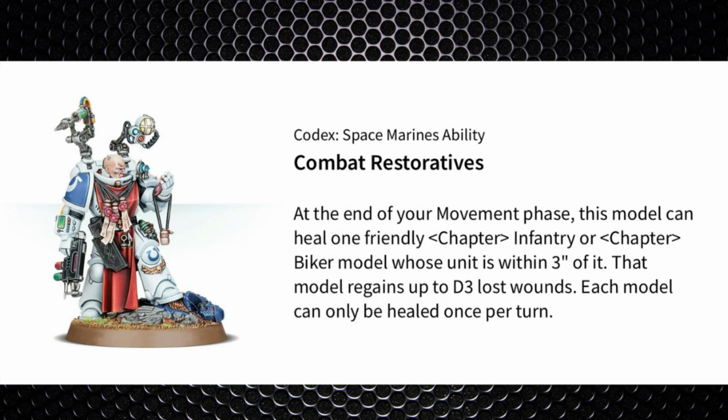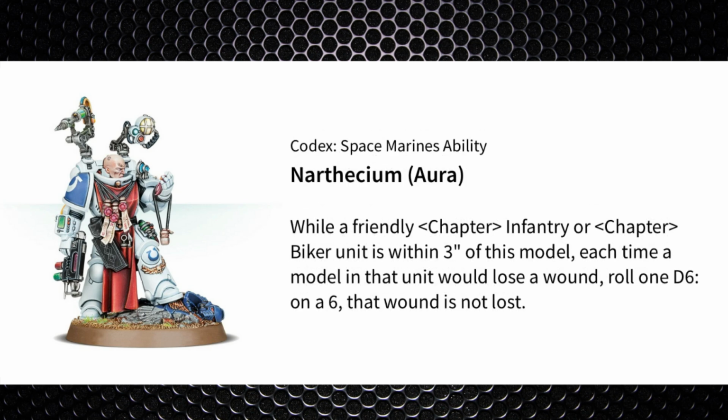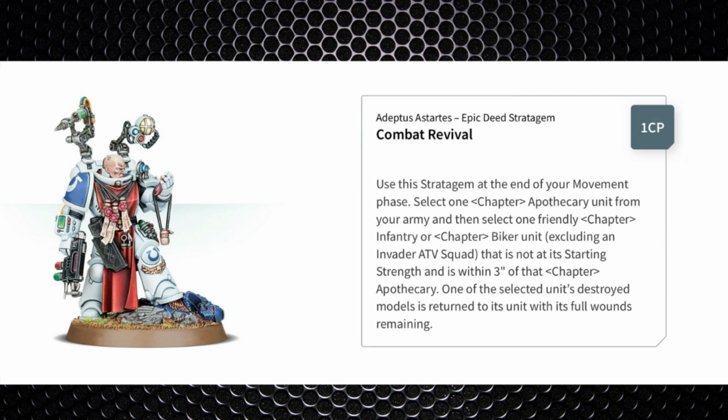If you want to take an Apothecary, they can use their combat restoratives to restore D3 lost wounds on a model. That can be done once per turn. Or they can use an Arthesium, which is an aura, for any units within 3 inches of the Apothecary to gain a 6+ Feel No Pain save. Then of course everybody's favourite, Combat Revival, for 1 command point, which is the Stratagem, where you can bring a